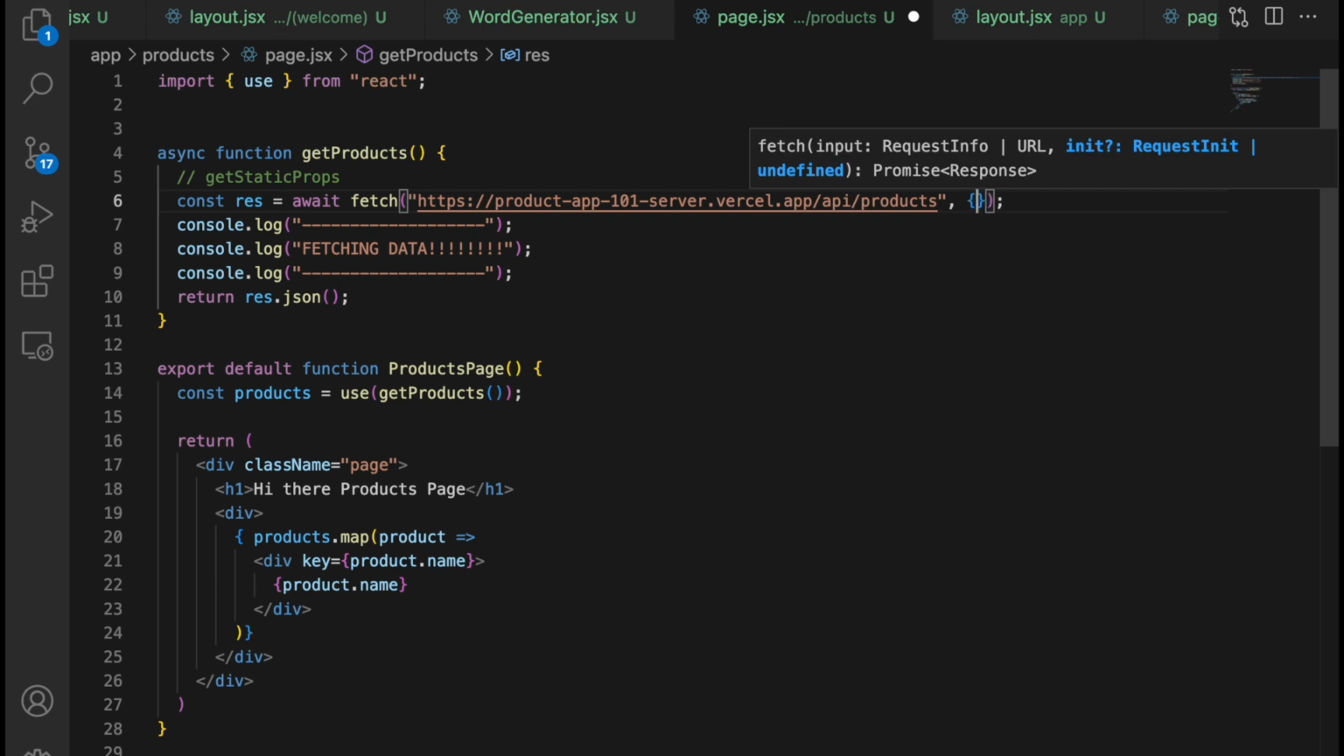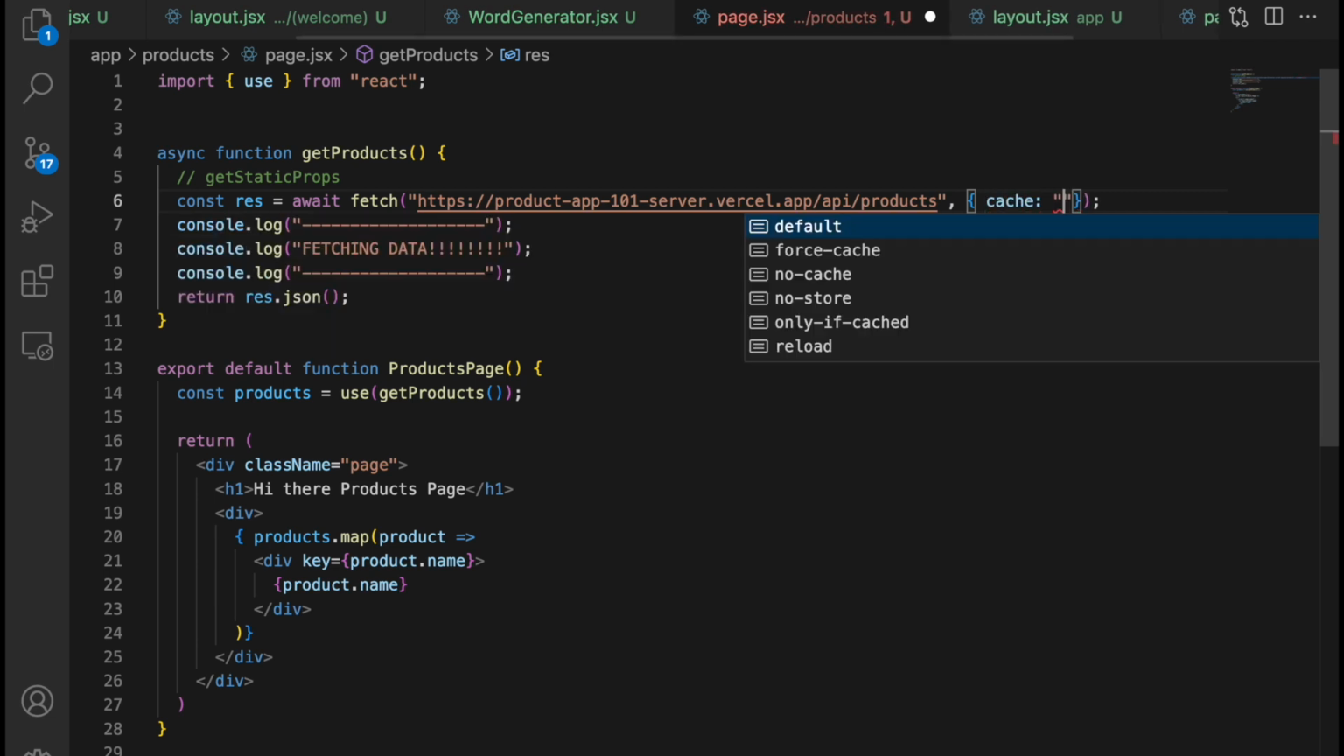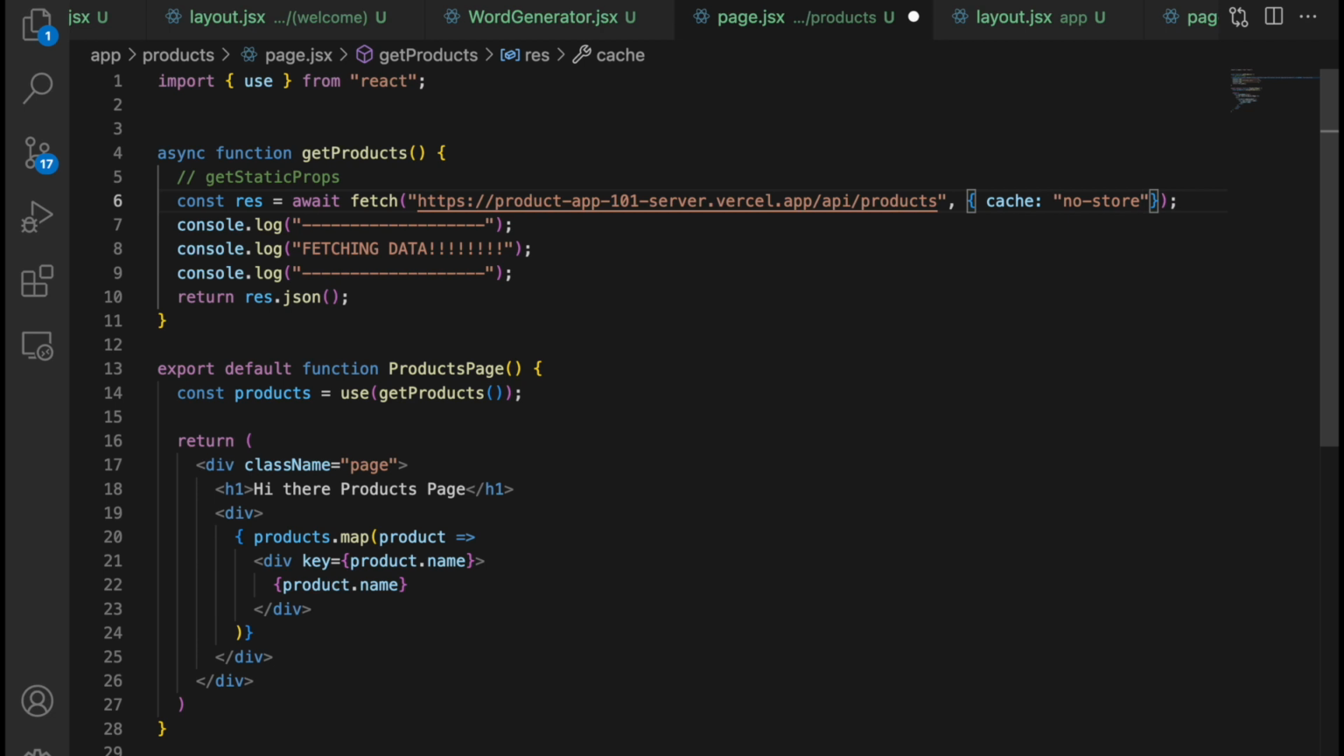You will write a configuration object, and you will write here cache, not catch, but cache, and the cache option no-store. And this is the equivalent of getServerSideProps. So this function will be called every time you visit the page. Okay, this will be the equivalent of